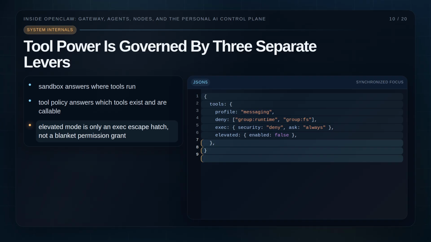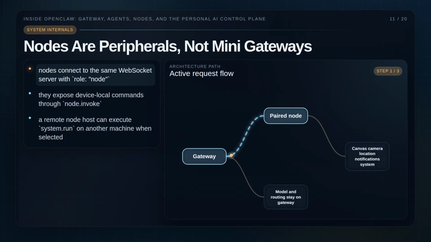That is a healthy design choice because it gives operators more than one place to contain risk. It also means debugging permission failures requires architectural literacy. You need to know which control actually blocked you. The node model